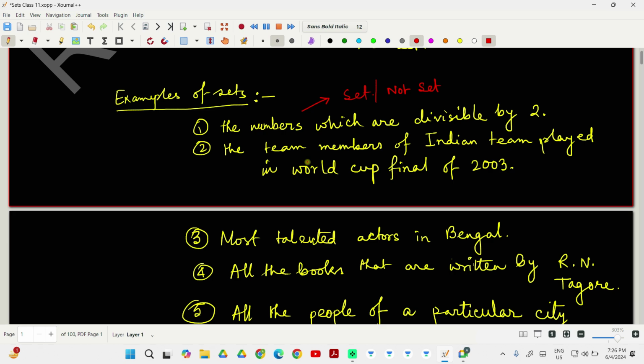Okay, that's a separate question. That infinite numbers are divisible by 2. But see the difference. You are talking about infinite numbers of integers or numbers, whatever we say, that are divisible by 2, right? That's a separate question. But if I give you a number, suppose 0 or 2 or 4 or 6,